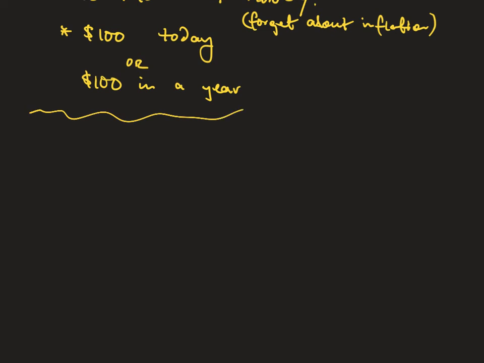So even if you want to consume next year, okay, like Hannah. Sorry, Hannah, but you chimed in with a reasonable but wrong answer. Even if you want to consume it in a year, if you receive today,